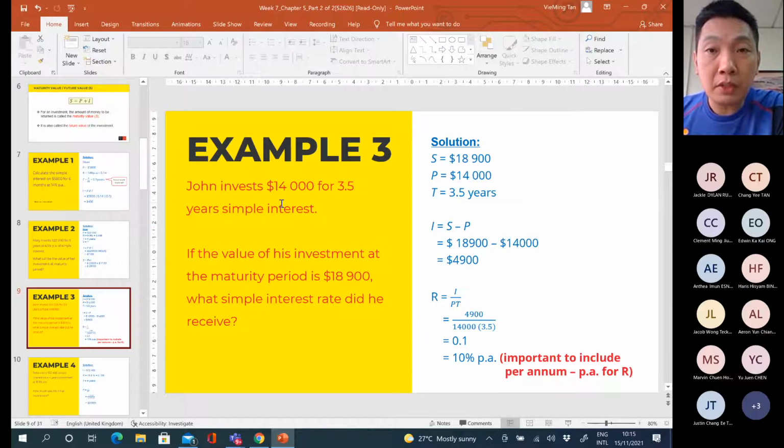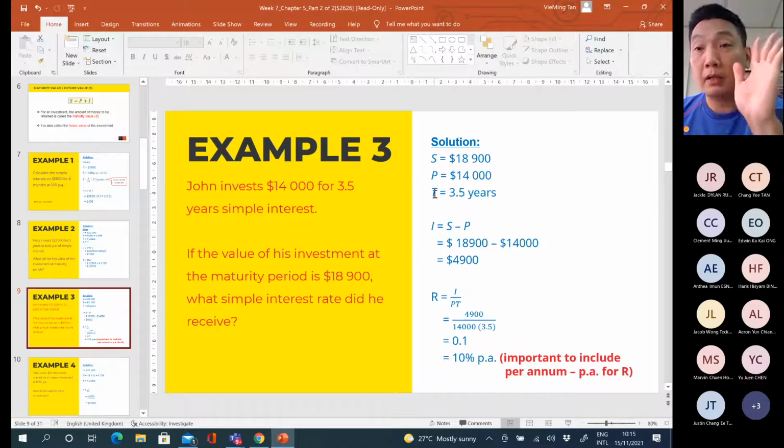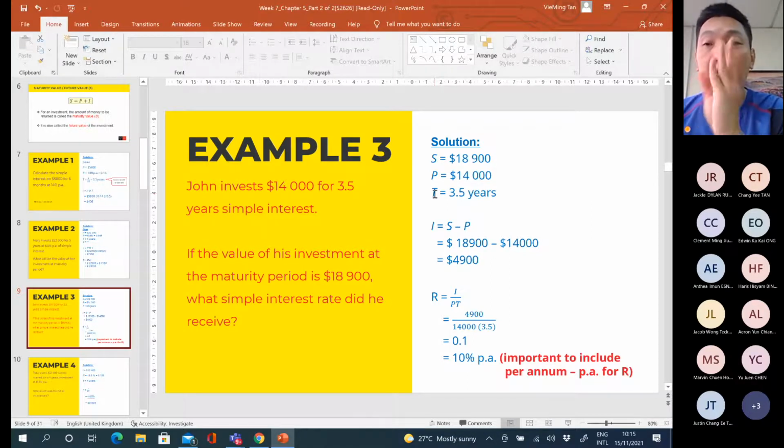For this question, we know that P is 14,000. We write down first, 14,000. And the T is 3.5 years. Because it's already in years, we just put T equals 3.5. No need to convert to any unit. So for this sentence, we managed to get 2 pieces of information. Okay, next question. If the value of his investment at the maturity period is